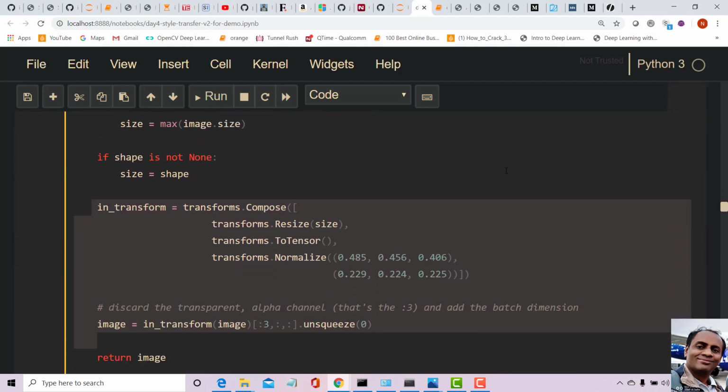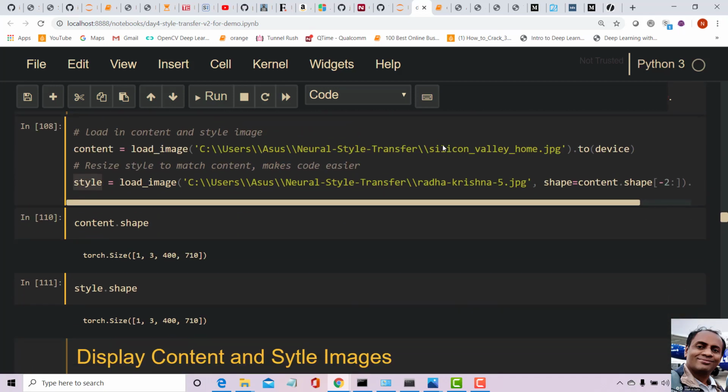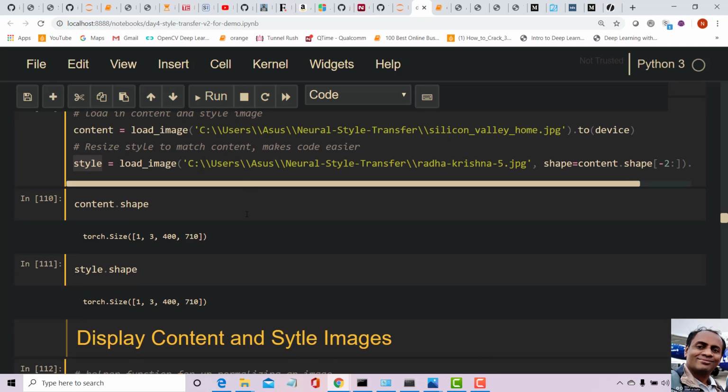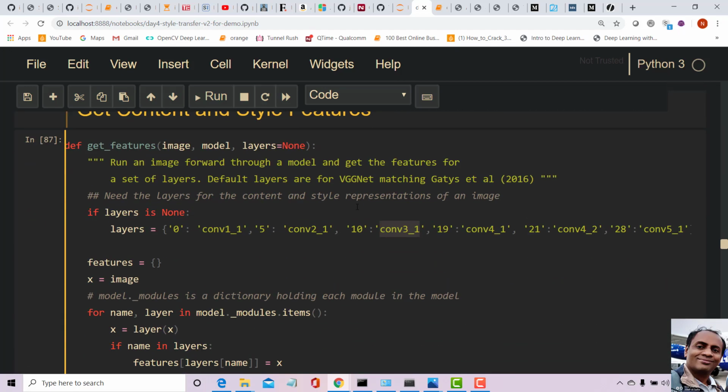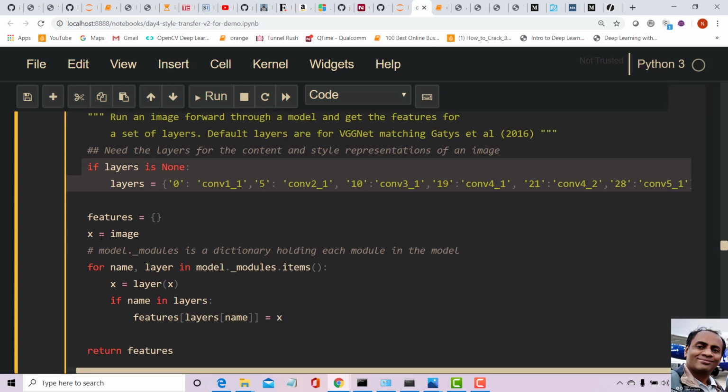Now we are going to pass the image through the network and extract the output at those layers. That's what is being done in this particular function, get_features. I'm passing an image and the model, and we want the outputs of these layers. Let's do that. x equals image, which is the input, and now I'm going through name, layer in model._modules.items.